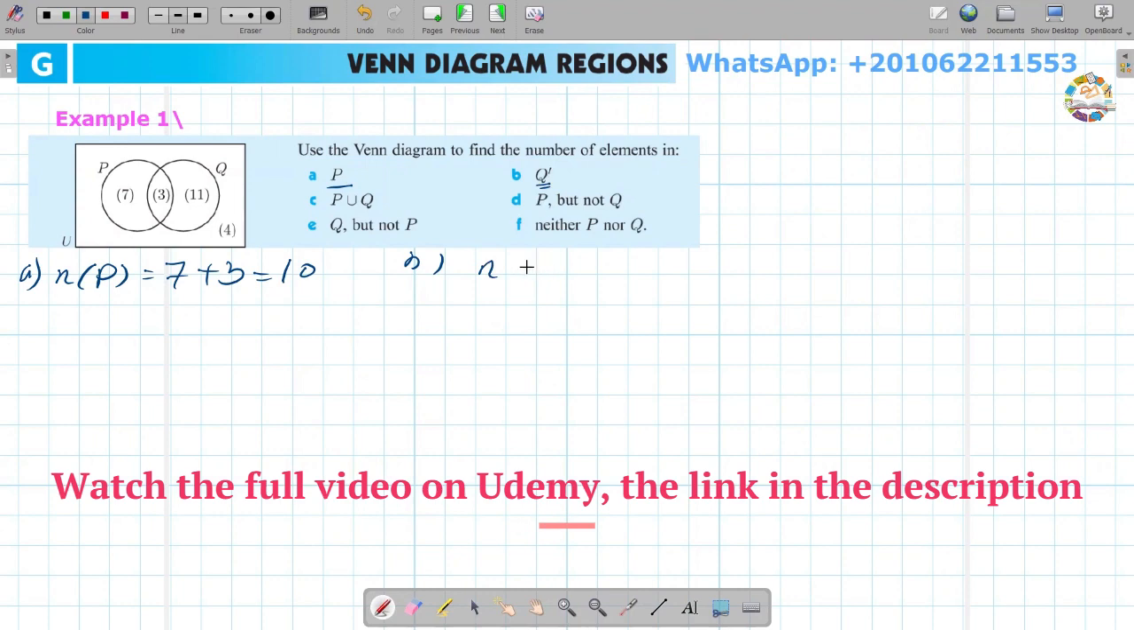The number of elements in the complement of Q. Notice that complement of Q means any elements except the Q set. That's represented by 7 and 4, which is 11 elements. What about question